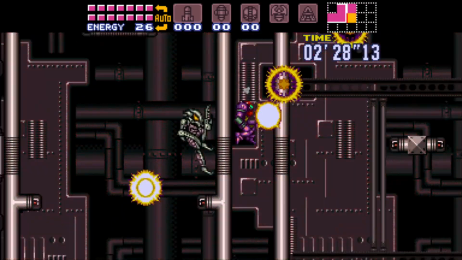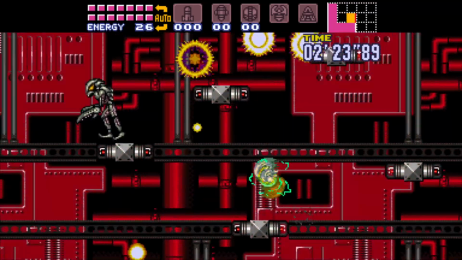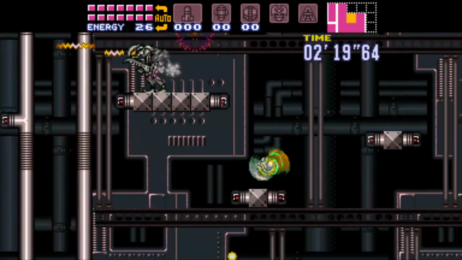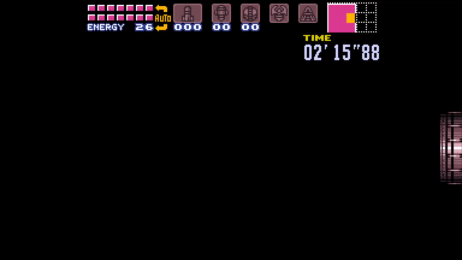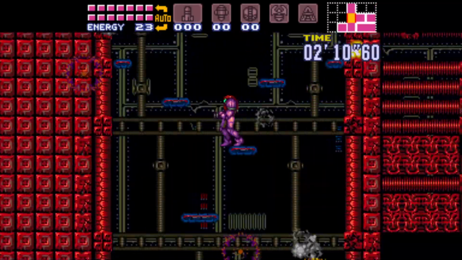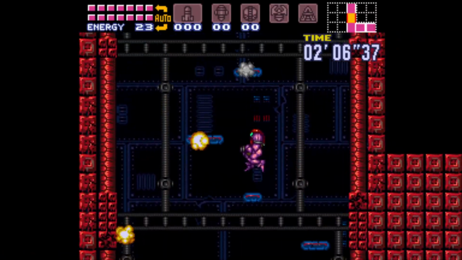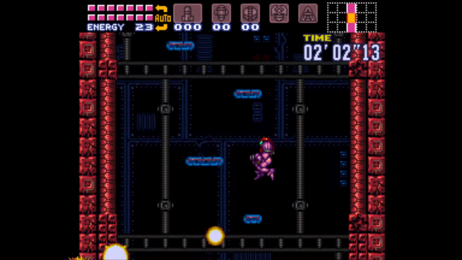That guy shot me in midair. Hero of the space pirates. Okay, let's get up to the top, please. The screen shaking is probably what makes this in particular challenging. Okay, and of course, we have to climb the flippin' blue tube to get out. You could probably space jump all the way up. I think you can also shine spark up the right. But you know what? Let's just climb it the old-fashioned way because I'm more likely to mess up space jump